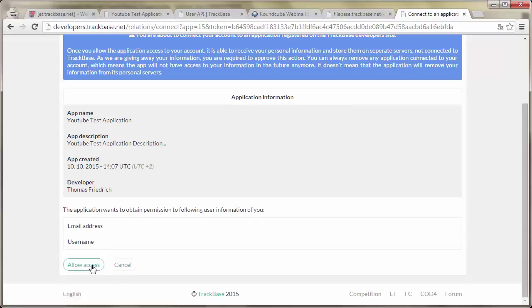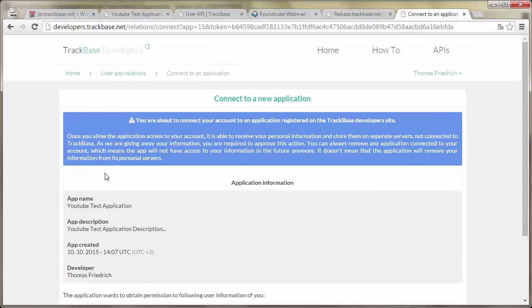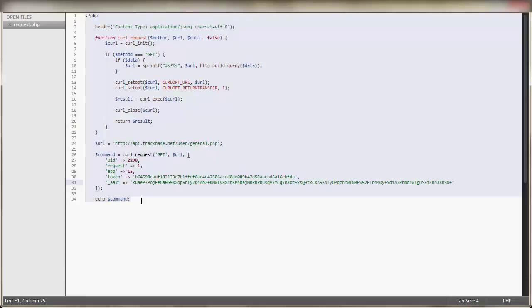So let's allow access, but I'm not going to do that now, because in fact we need to do one more thing in the backend in our code, and that's basically to listen on requests from TrackBase, because when a user connected to your application, you will get a request from TrackBase, and you will have to process that. So it will be a POST request, by the way,